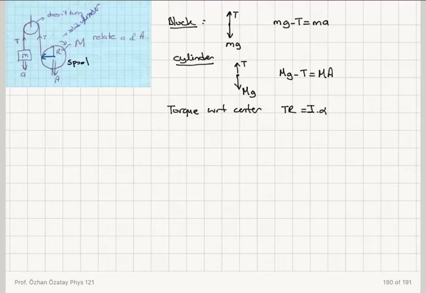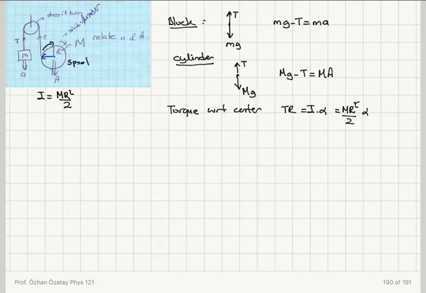It's going to be equal to T times R, that is I center of mass times alpha. If this is a cylindrical object, what is the moment of inertia? It is capital M R squared over 2. So capital M R squared over 2 alpha. The torque it causes